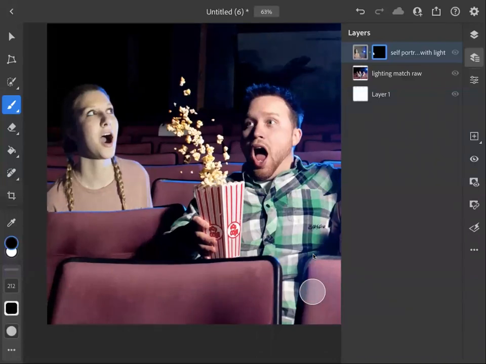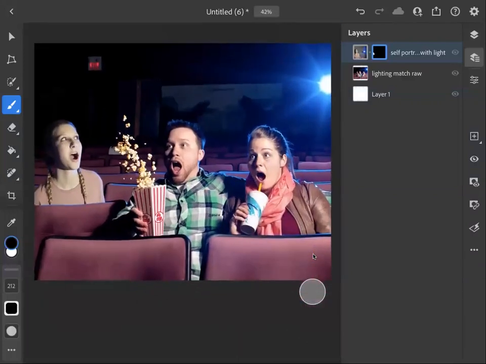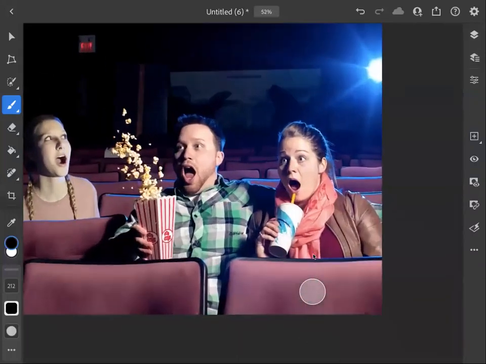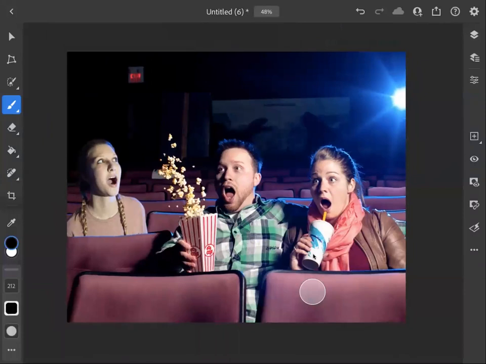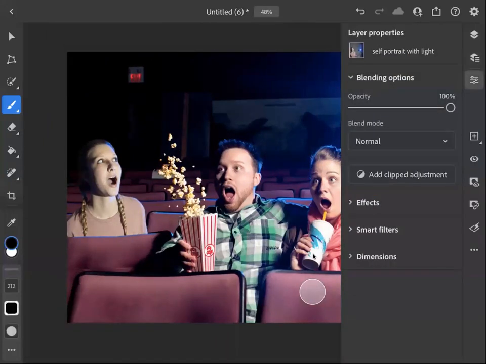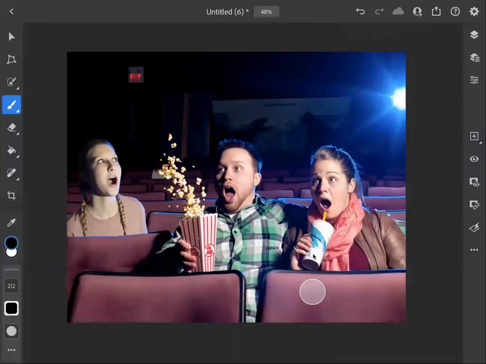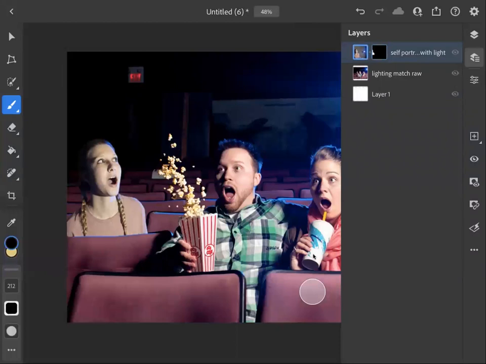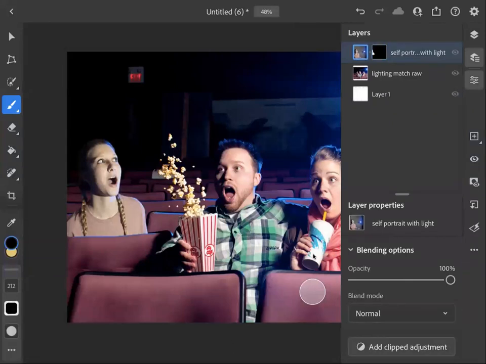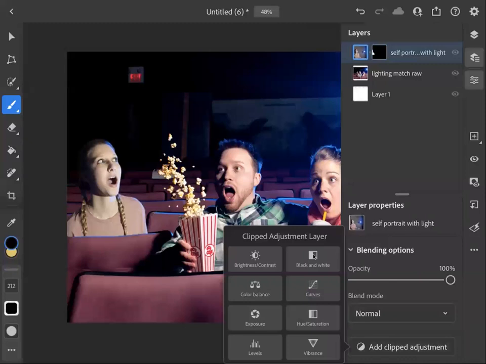So that is step one to your process there, is to get your picture in there, find it, adjust your layer mask, and see if you can make it look like it fits properly inside that window. Now the second thing is you're going to want to add some adjustments to this, right? So this one below it is called a clipped adjustment. So if I'm here and I select this layer up here and I go down to my adjustments here, if I select something called a clipped adjustment, what the clipped adjustment is going to do, so let's do my